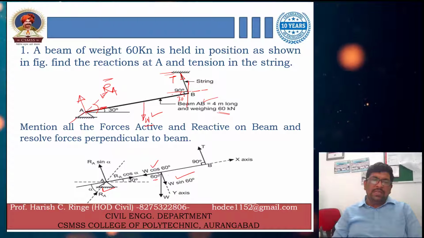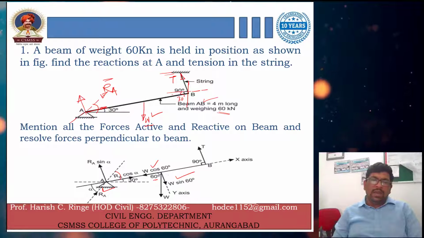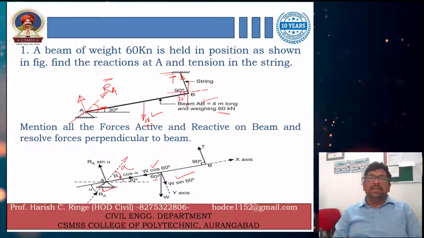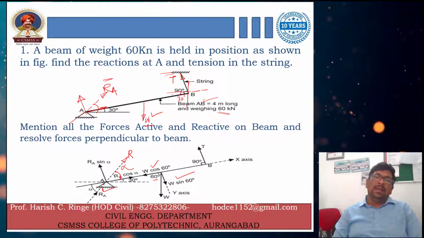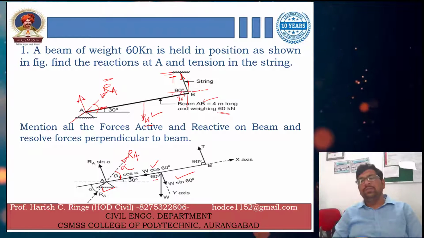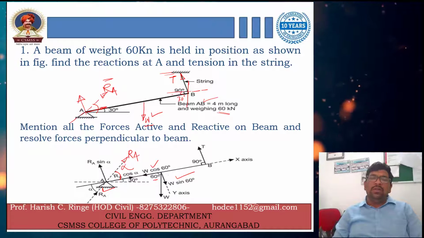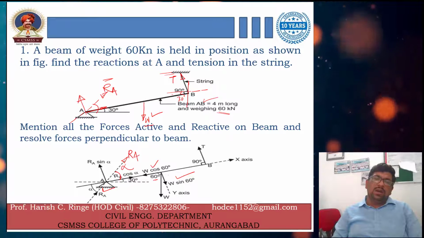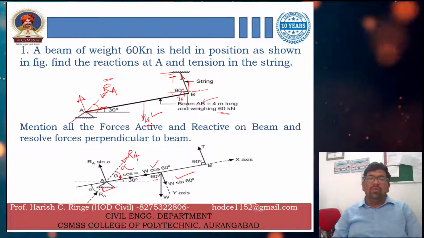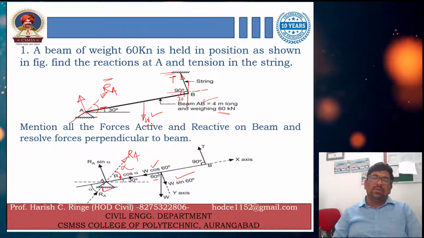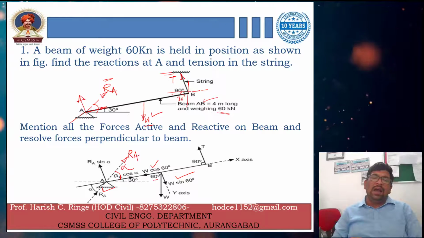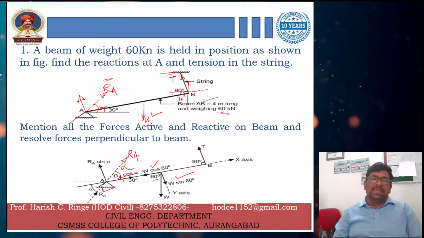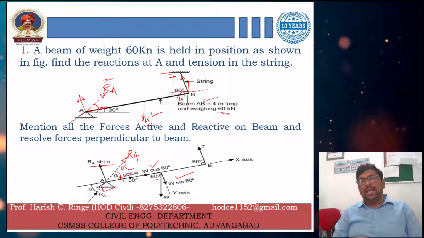Now you can see that we have two different things. This is alpha, and say this is RA, the reaction value I was telling you about. As we don't have any clue right now, we have to convert this RA force onto both perpendicular axes. If this is alpha and this is RA, then RA cos alpha must be taken on this axis and RA sin alpha on this axis.